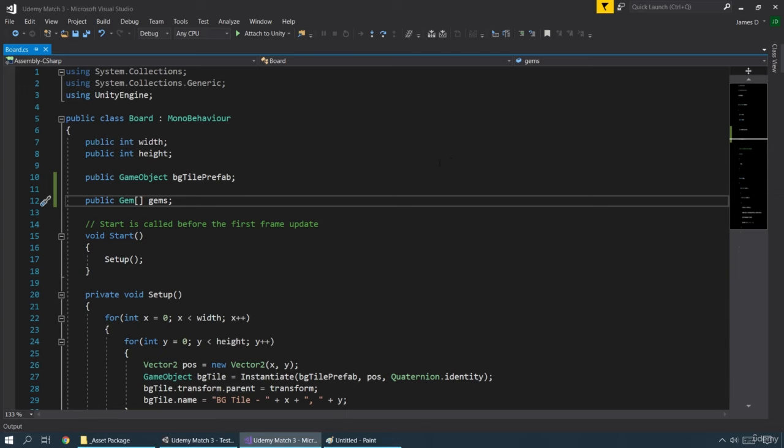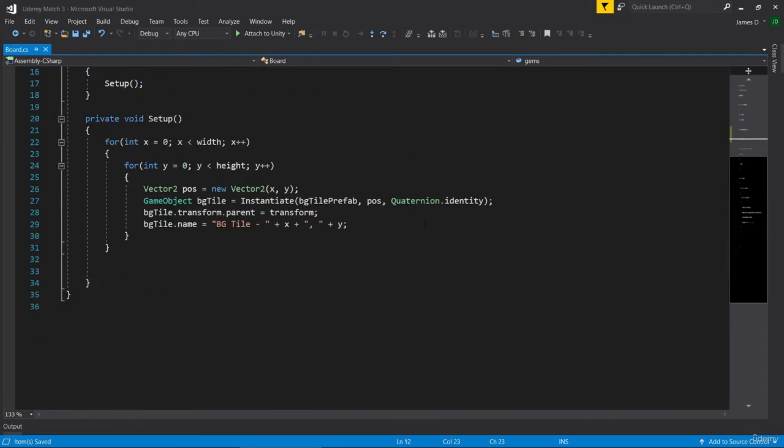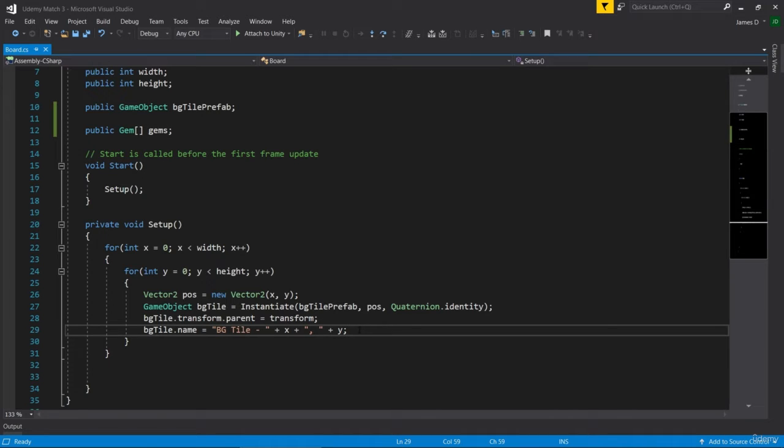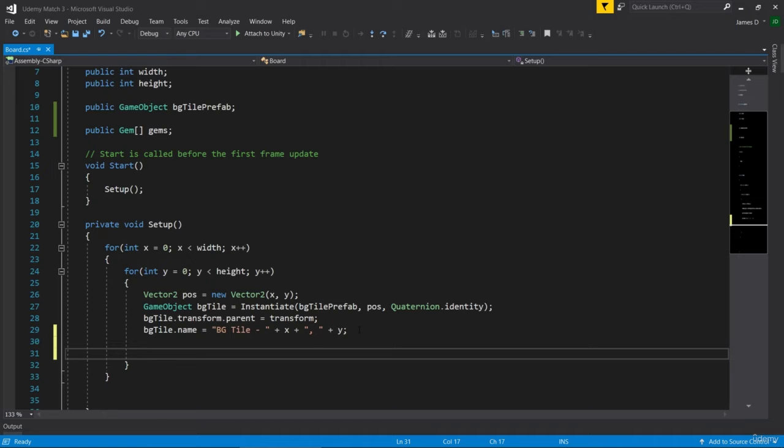So let's go back into our script here, and what we're going to do is, when we want to spawn a gem in, we're basically going to make it randomly choose a number between 0, 1, 2, 3, or 4, and say, hey, I want to get gem number 3, and spawn that in at this point when I'm setting my tile. So right here, after we place the tile in our scene view, we're going to go down here and we're going to say our int, oops, it auto-completed something completely different. Our int value, we're going to create a value called gem to use, and that's going to be equal to